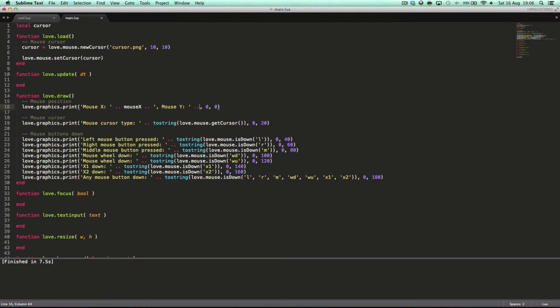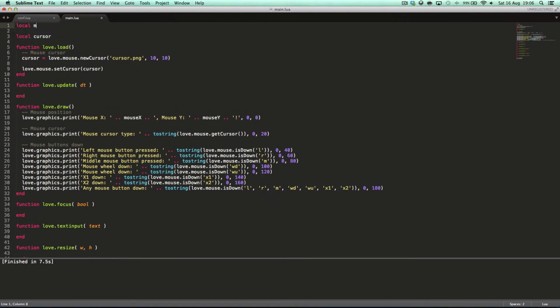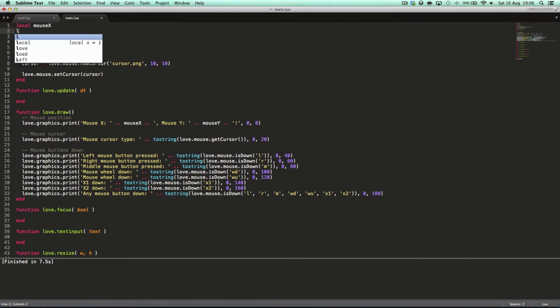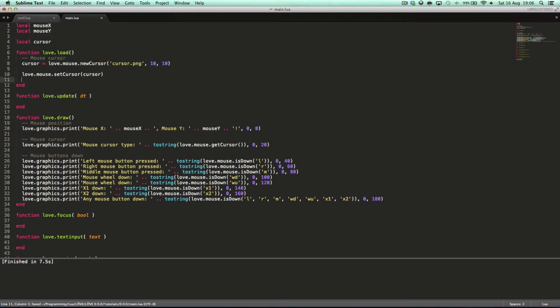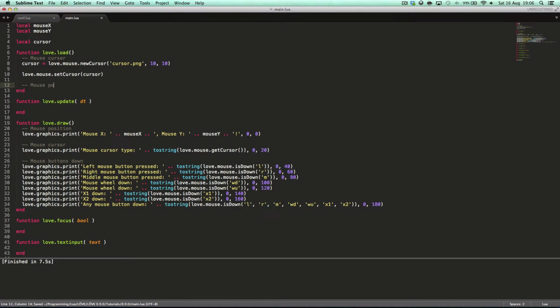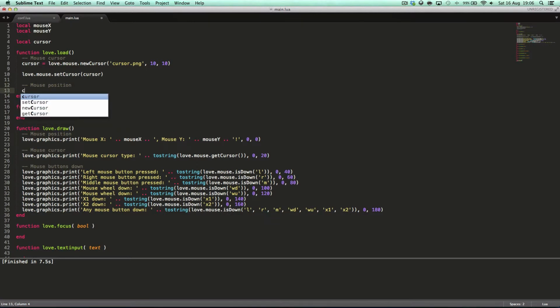And mouse Y. Of course, these variables don't exist yet, but we are going to create them up here. Oh, local mouseX, local mouseY, and here mouse position, mouseX, mouseY, because if you didn't know, you could say